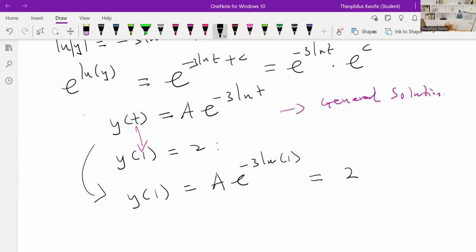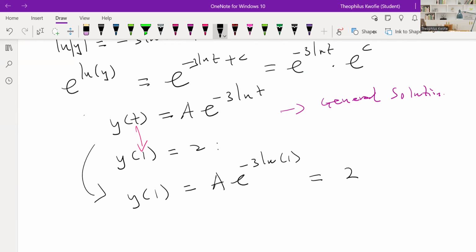But what is e to the power minus 3 natural log of 1? Remember that we said